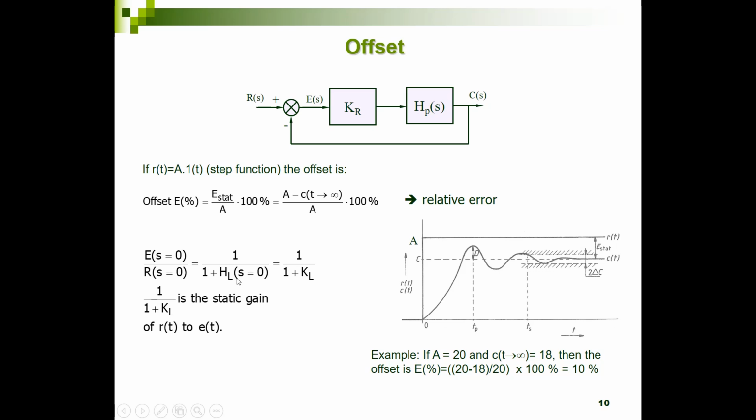So in my transfer function, I can set all s's to 0, because s is the derivative. So I have to look at 1 over 1 plus the transfer function in the loop when setting s to 0. And that is also called 1 over 1 plus the static loop gain over here. All right, that's it. That's all about